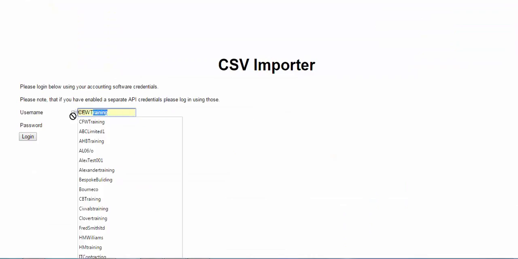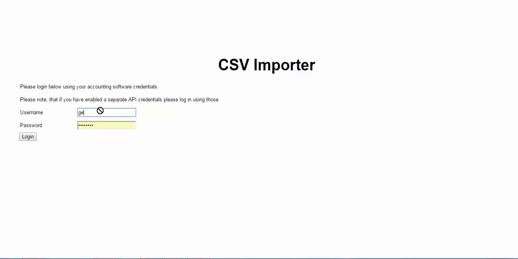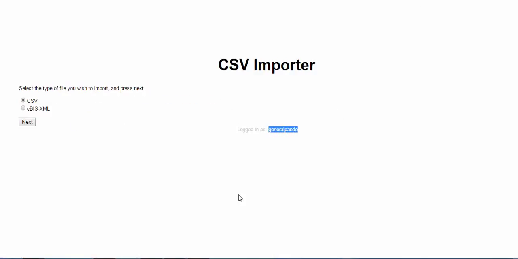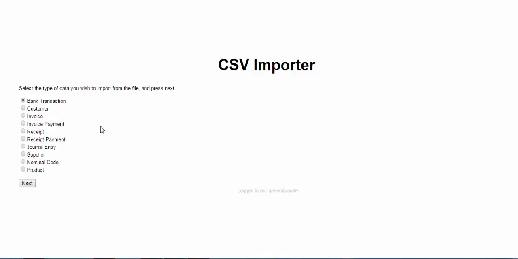Once in here, all you need to do is enter your username and your password for your account. Once you click Login, you will see here that I'm logged in. So my username is displayed, and then all I need to do is just keep the CSV button highlighted and click Next. So we can import bank transactions, customers, invoices, invoice payments, purchases, purchase payments, journals, suppliers, nominal codes and